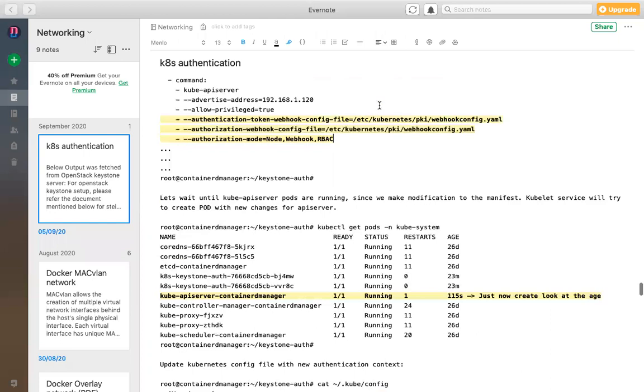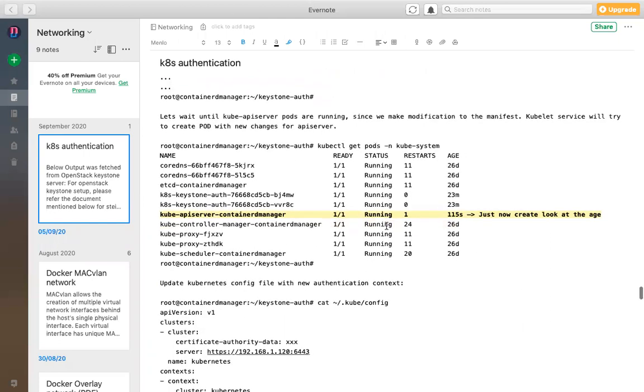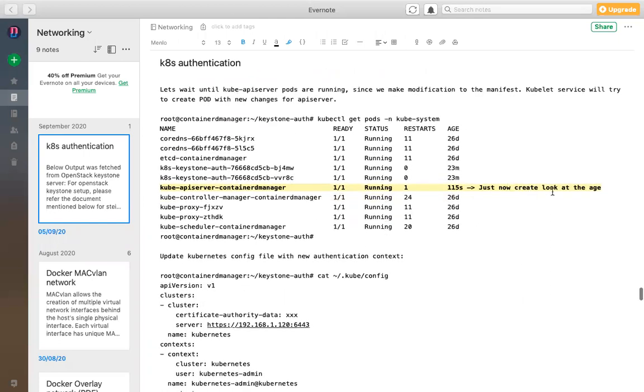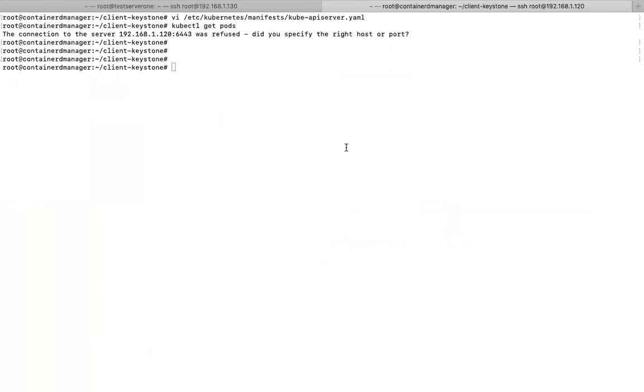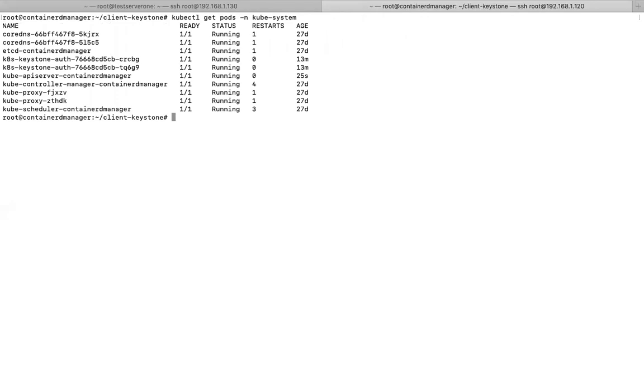See, I clearly highlighted with yellow marks. Just verify that. As you can see, it was just created. Look at the age of the pod, you can understand whether it is really restarted or not. Now it's working, which means that it came up. So how to verify that? In kube-system, we can say this pod was recreated.